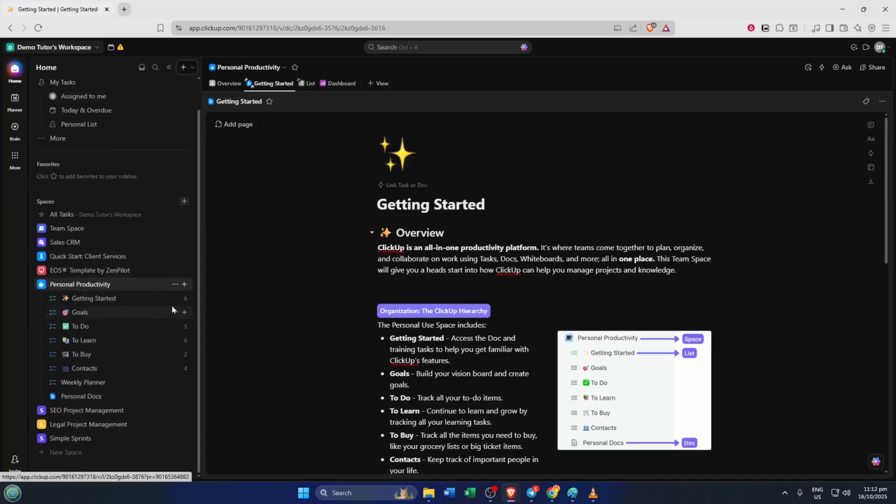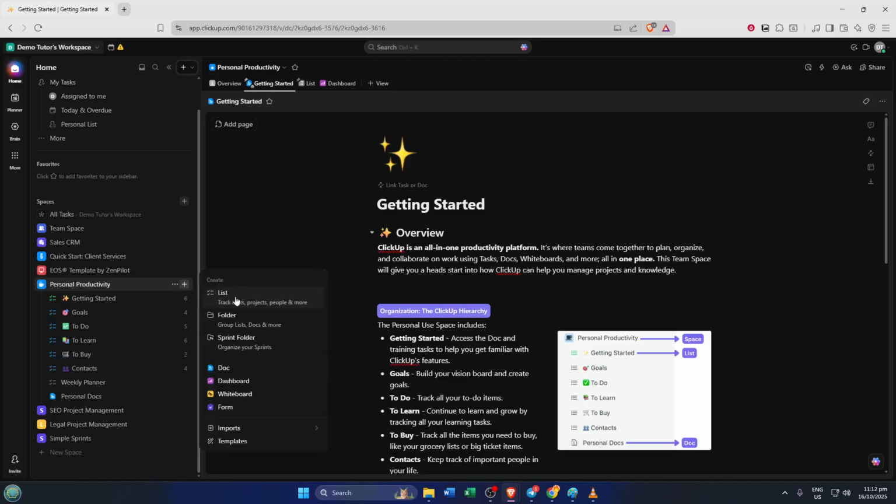Now find the space or folder where you want your budget to go. It can be helpful to keep all your financial planning in one dedicated space just to keep things organized. Next up, we're going to create a new list. In ClickUp, a list is kind of like a spreadsheet or a container for related tasks, in this case, your